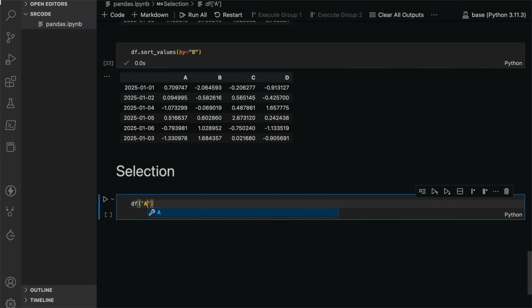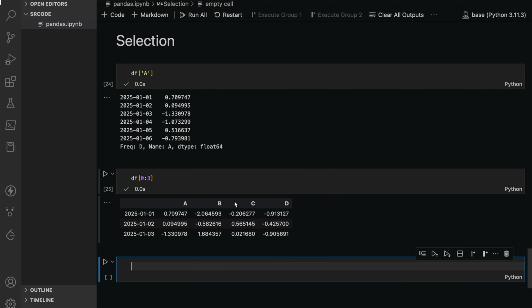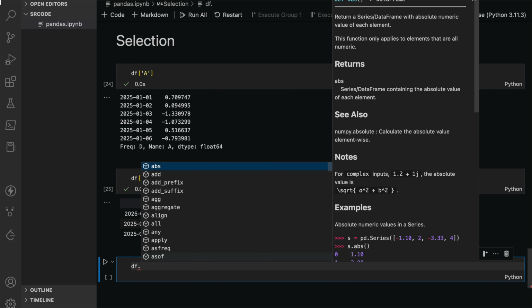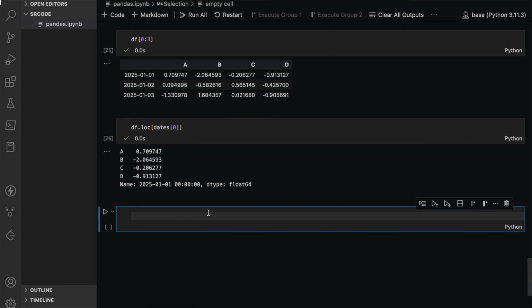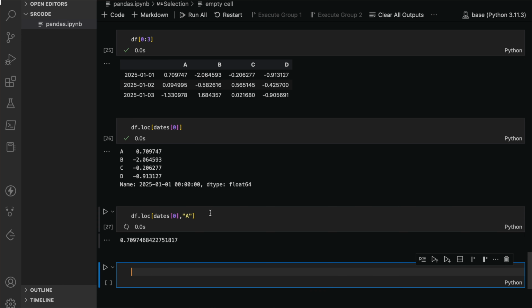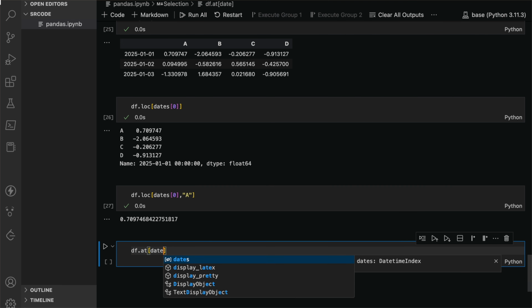df['A'] selects column A, while df[0:3] slices the first 3 rows of the DataFrame. This code selects the row corresponding to the first date, and this one grabs the value in column A for that date. Here it fetches the same as the previous one,